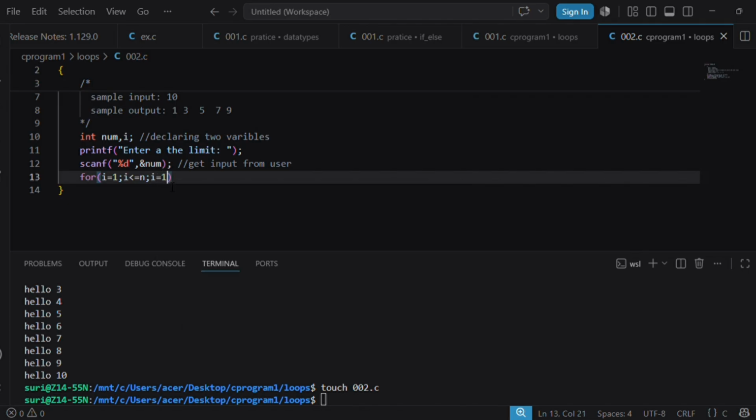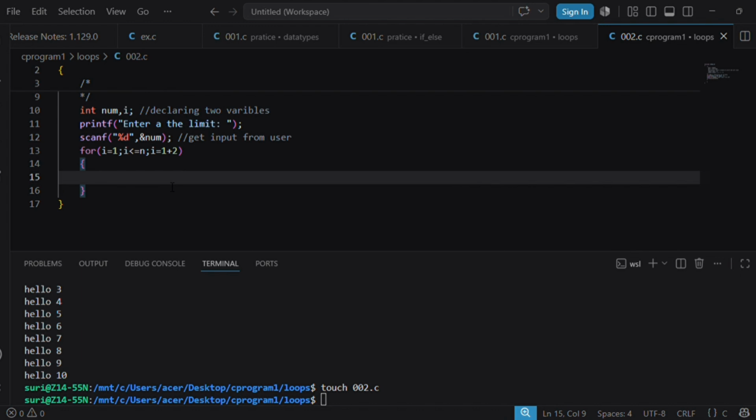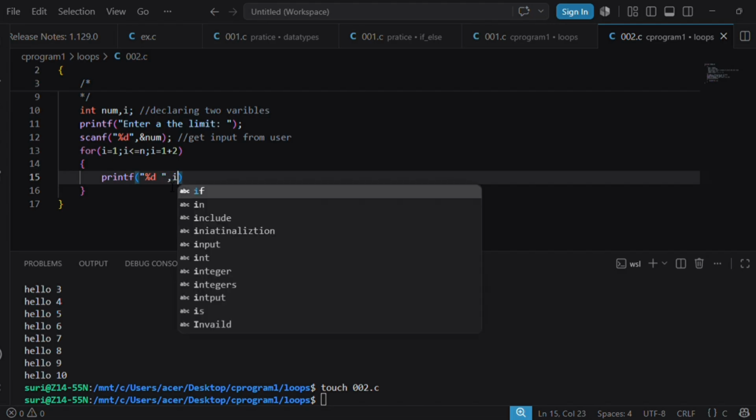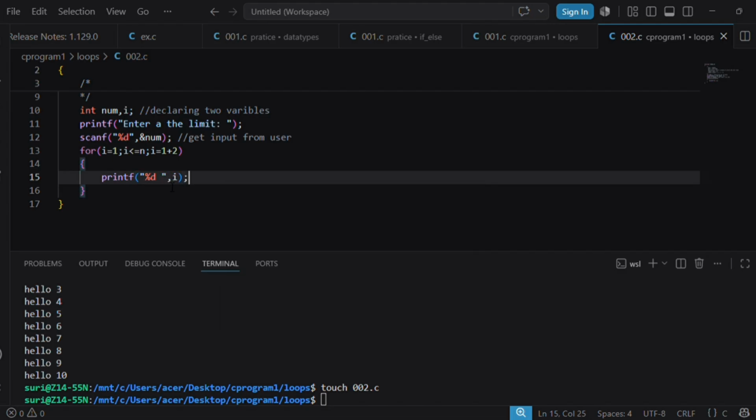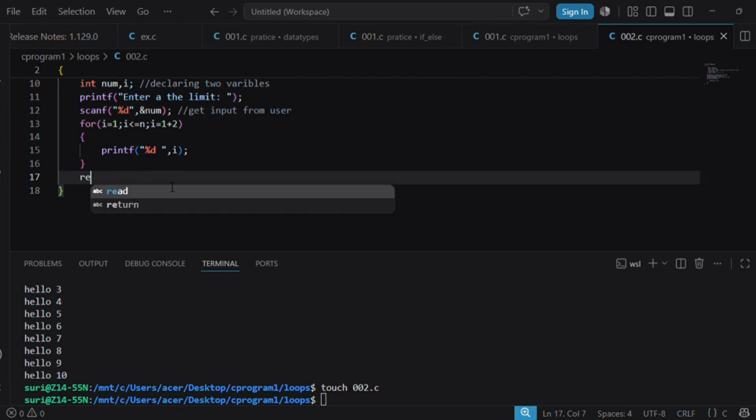Open curly braces, printf, open bracket, open double quotation, %d space, comma i. Now return 0. Okay, let's run our program.